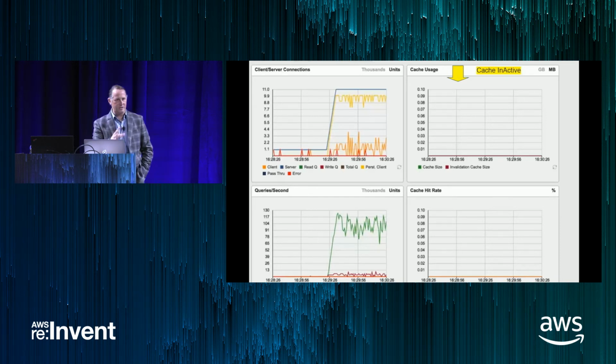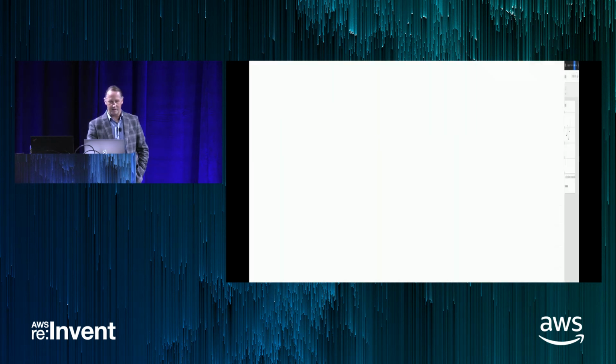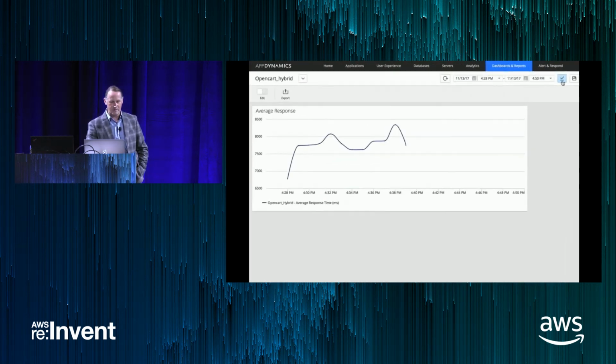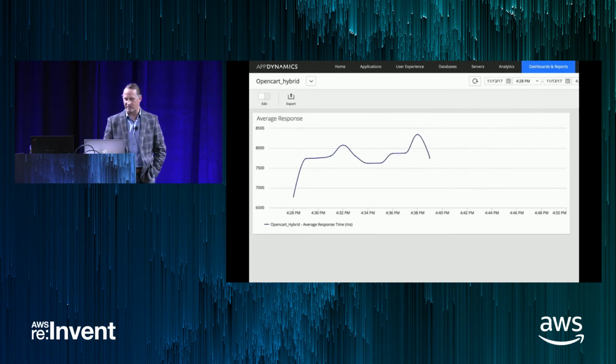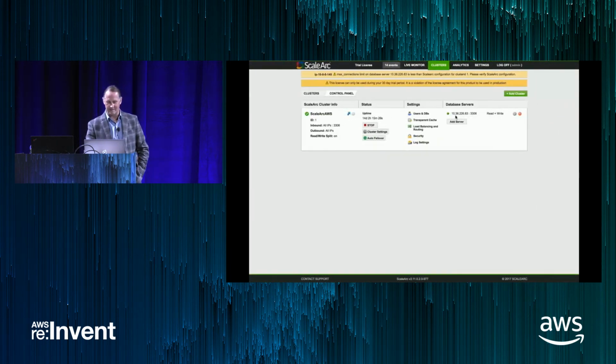Queries per second, we're actually using a JMeter here just to simulate traffic load. So we have a pretty consistent kind of bang on the system because we've got a script that's running here generating the traffic. Okay, so we see that the response time is poor. 8 seconds is the user experience to open pages. And so this is AppDynamics again, looking at the end user experience through that business logic. And it's not great. You probably have some websites that you use that 8 seconds is fine.